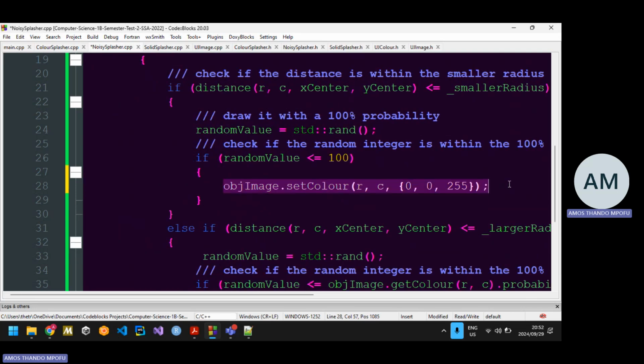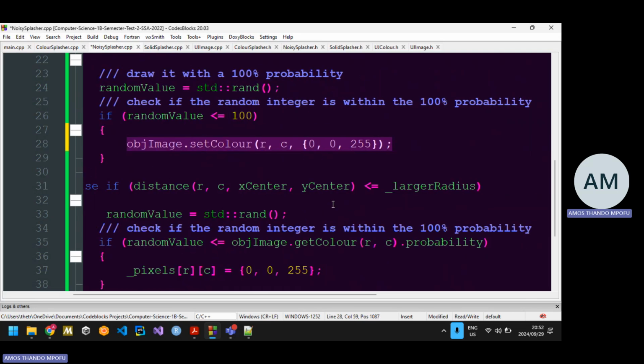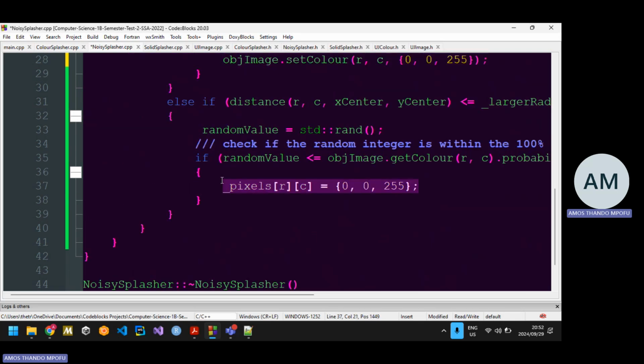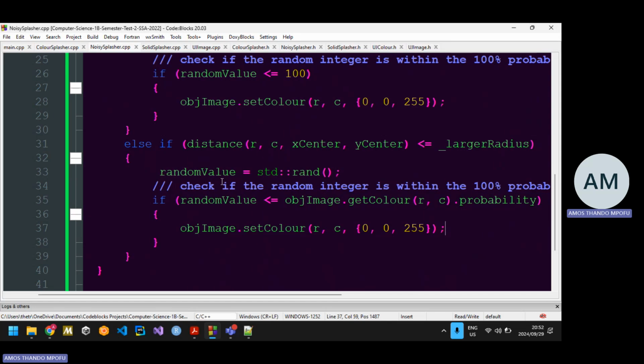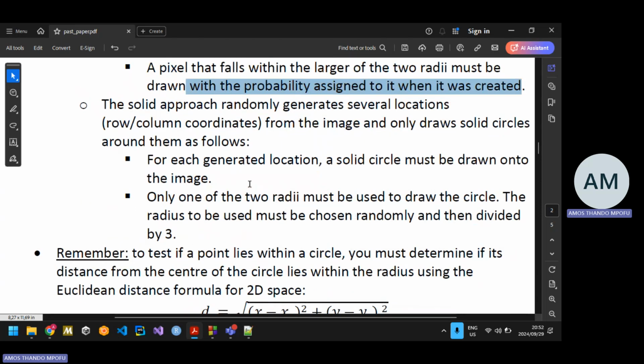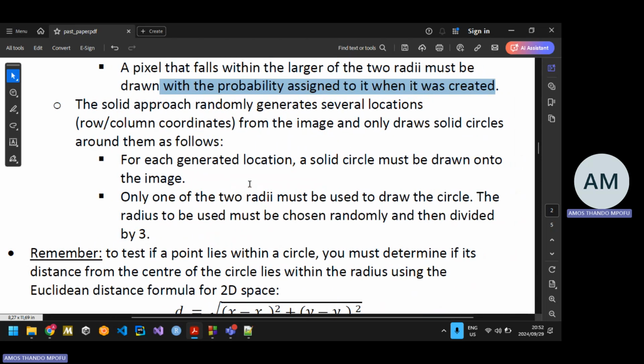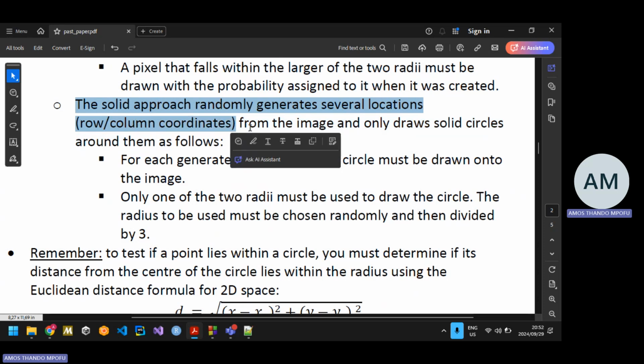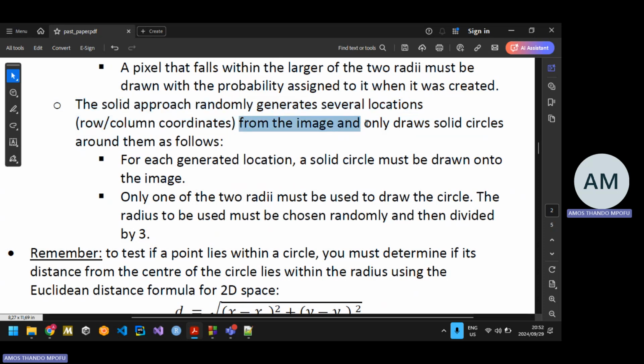And then I copy and paste the same thing, because we need to do that through accessors and mutators, because we didn't override or overload the indexing operators in this one. There were none, so we can't use that. So we have to use mutators and accessors. So the solid approach randomly generates several locations, row or column coordinates from the image and only